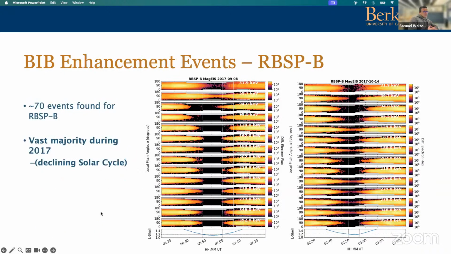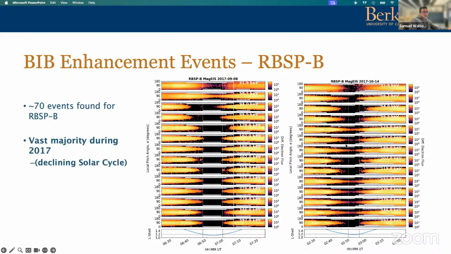But first, focusing on individual events, which I think are interesting in themselves, just to give people an idea of the nature of these observations. Here are two separate events again, and you can see the spacecraft drops below L of 1.2 in the inner radiation belt, all the electrons disappear, and then it goes back above 1.2 and all the electrons reappear. The left event here is similar to what we've seen before, where a lot of electrons still persist at low L,